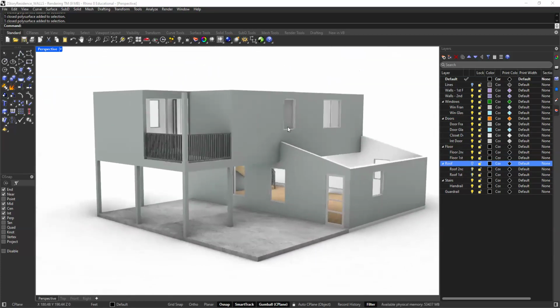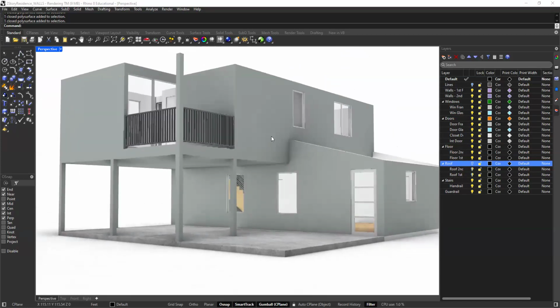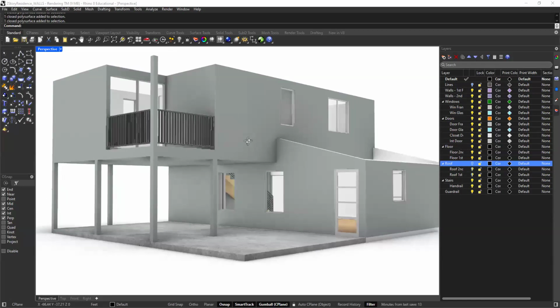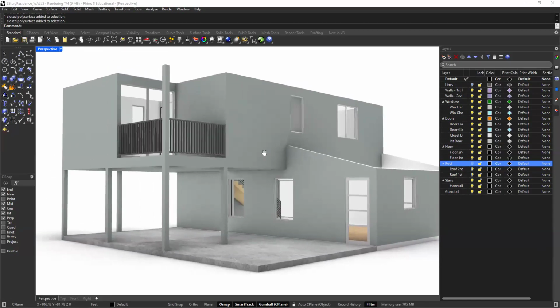So that's rule number one. Know your audience, know what it is that you're going to actually show in the render. The second thing is